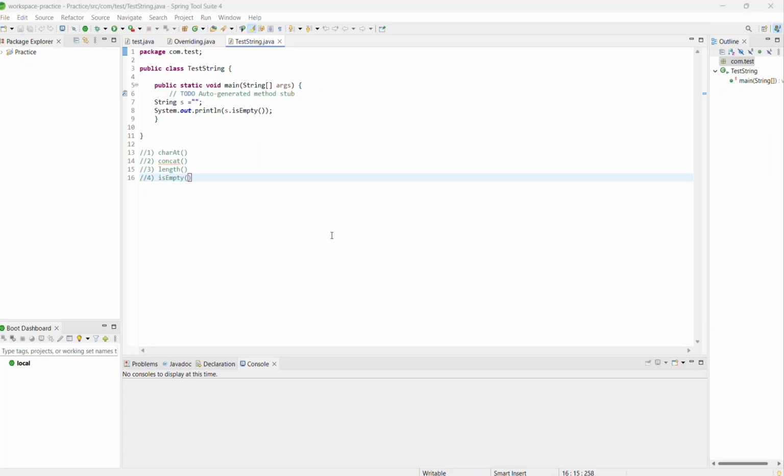So in the previous class, we have already discussed some of the string methods. In this class, we will discuss more important methods next, because we have discussed concat, length, and isEmpty in the previous class. We will discuss some of the next important methods. So today we will discuss